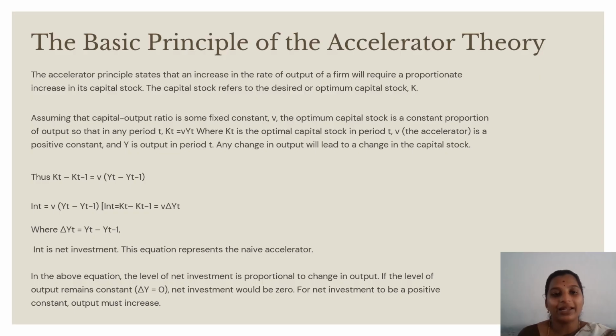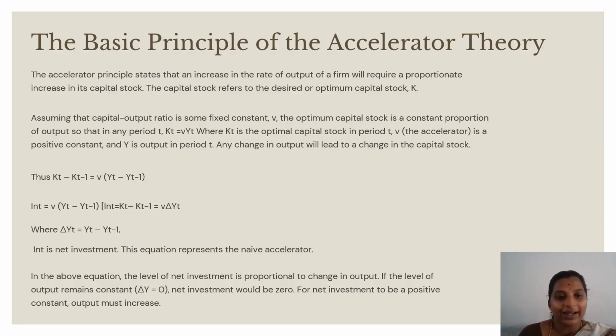that in any period T, where T is referred to as the time period, KT equals VYT, where KT is the optimal capital stock in the period T, V is the accelerator and it is a positive constant, and Y is the output in time period T. Any change in output will lead to a change in capital stock. So the next is